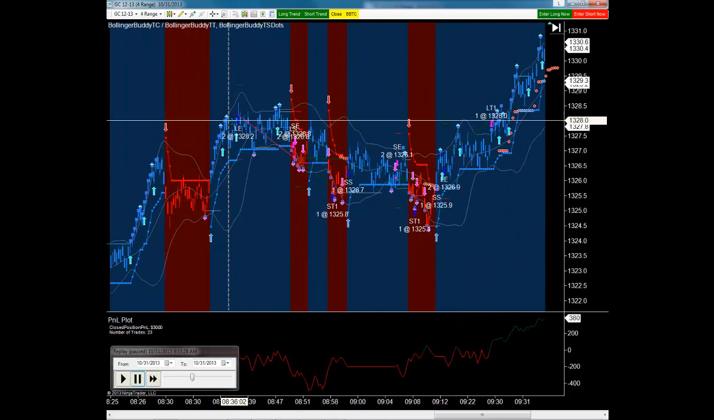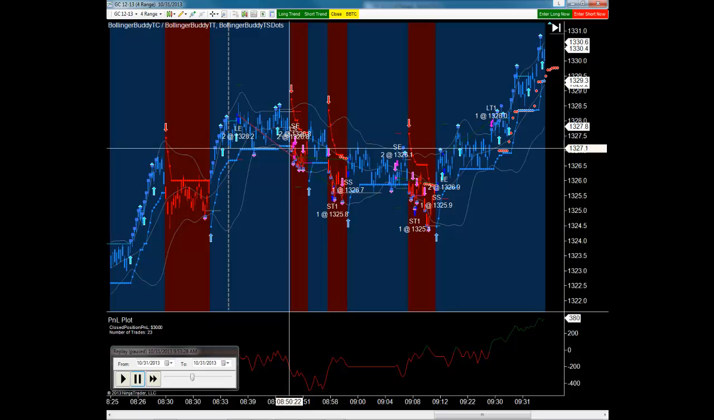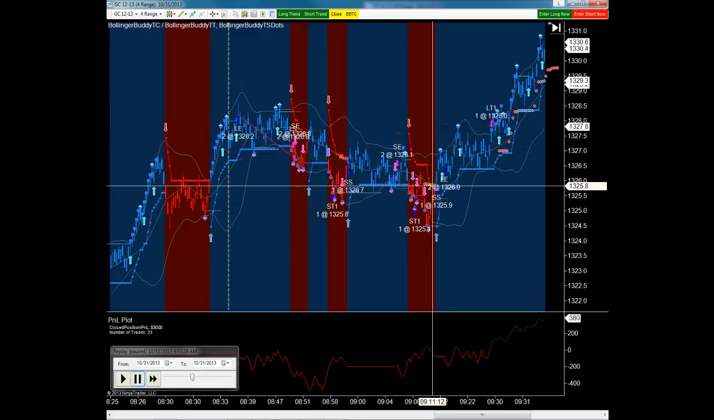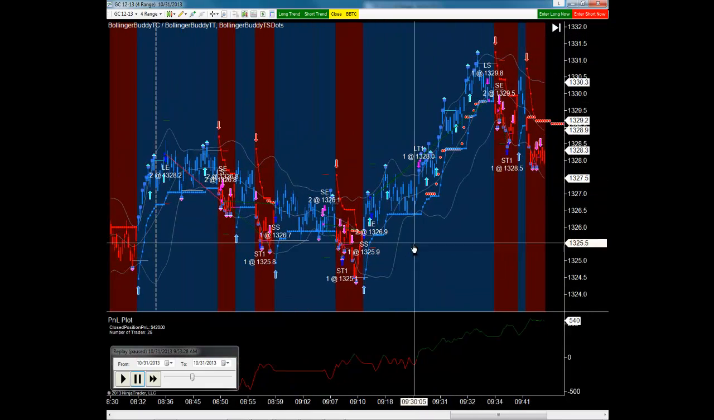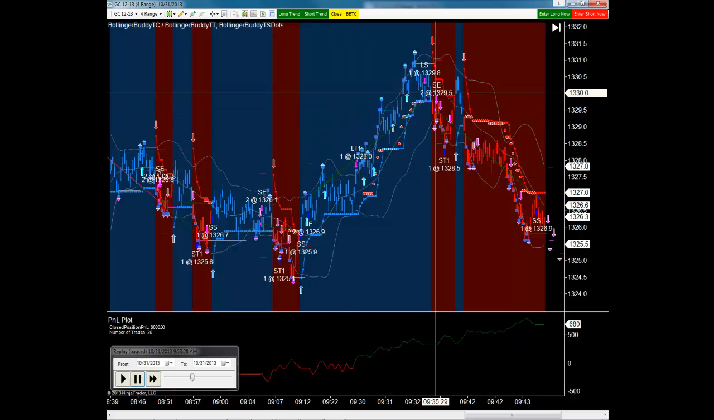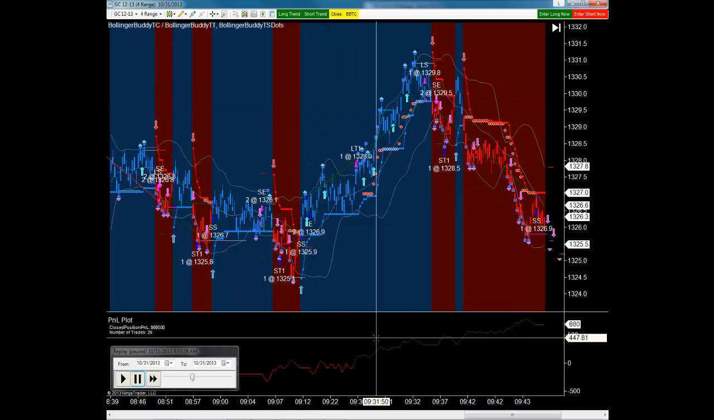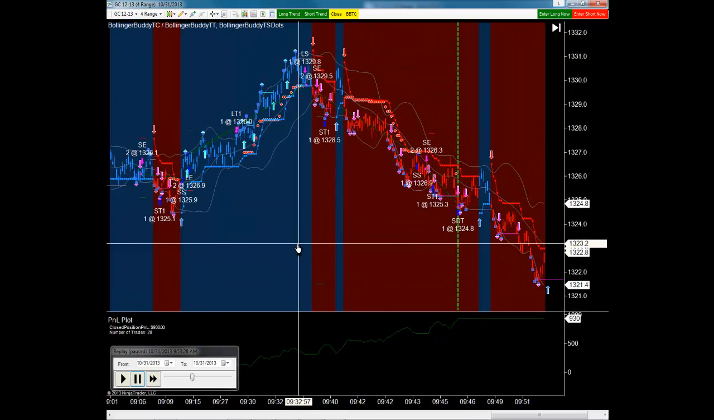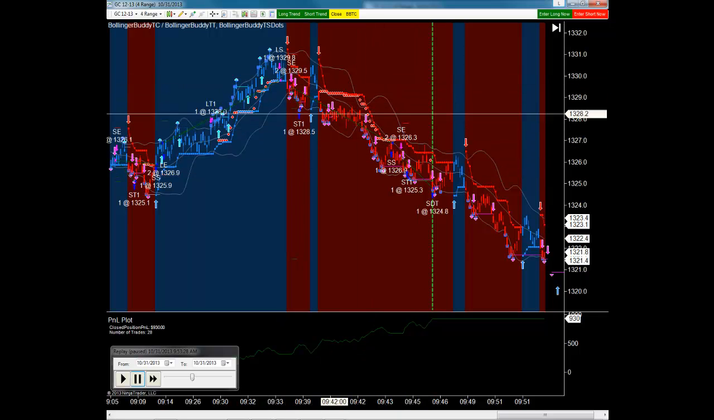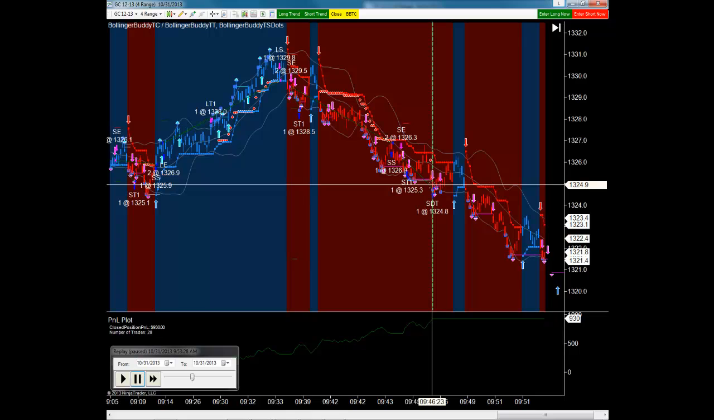8:35, where it went long but got stopped out, went short, trailing stopped out, went short again, trailing stopped out, and we're recovering from the losses. Went long, and this was a pretty good trade. Recovered from our loss. There's a trend change from a long to a short. All right, got into a good short, a second short, and we hit our maximum profit for the day,